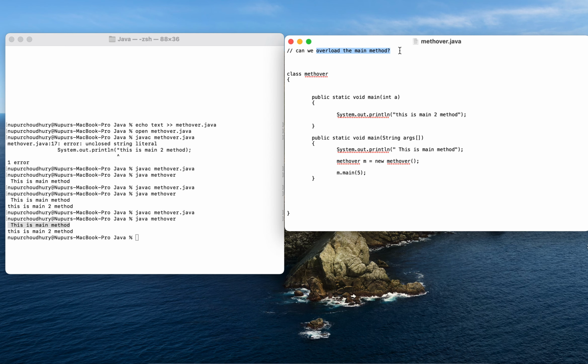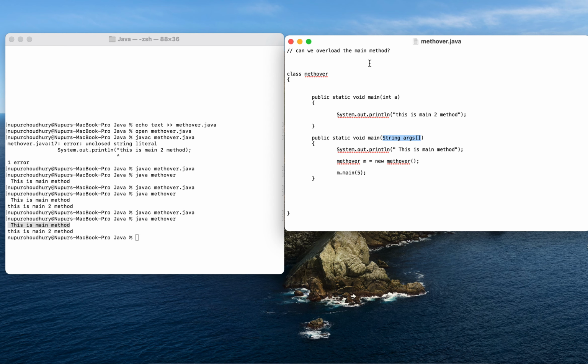Yes, we can have multiple main methods, and we can go on overloading the main method as and when required, but we have to keep in mind that whichever main method will have a string array as an argument, that will be called first. Okay, so this was our first program. Now this was the first concept which is related to today's video and method overloading.